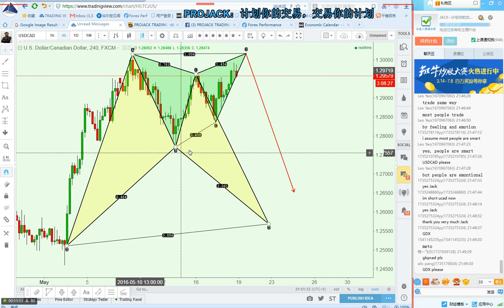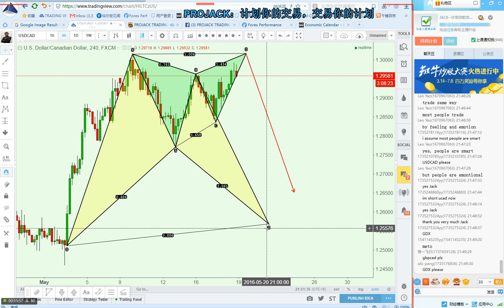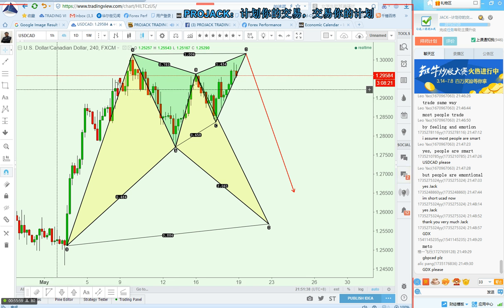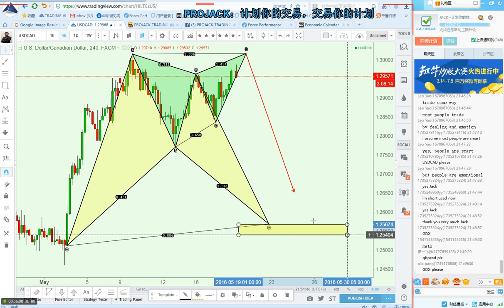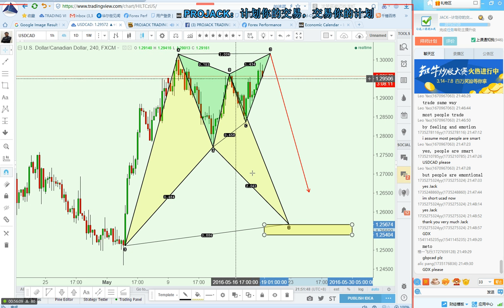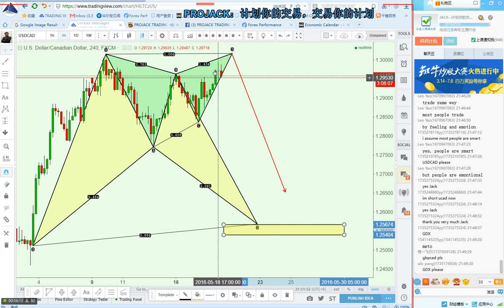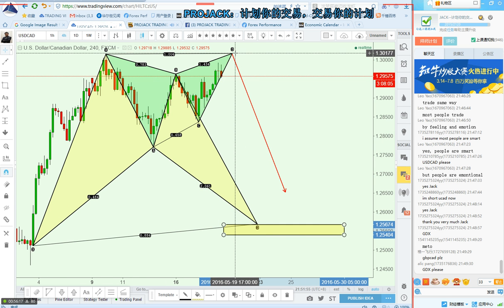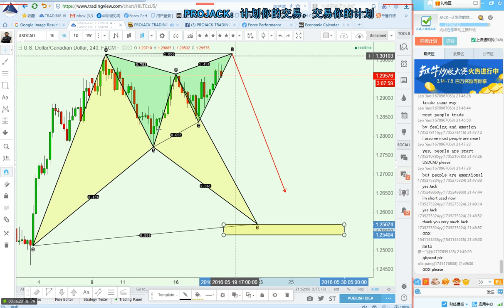Another one, the yellow one, is a bullish bat pattern. It tells me that if I want to buy Dollar CAD, the best level is here, 1.2570. This is the level I want to buy Dollar CAD. So in between, I will just be watching it very patiently, and I will wait for the price to come to test 1.30 again.